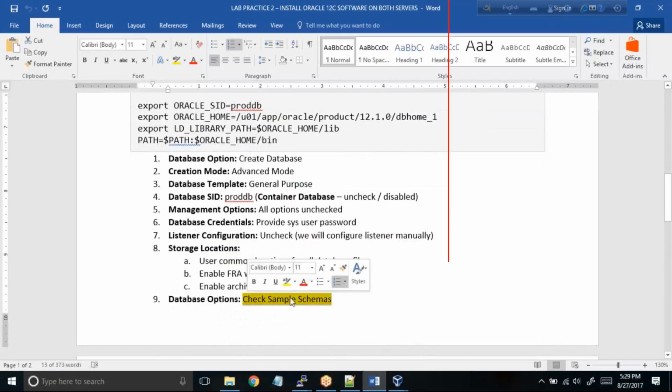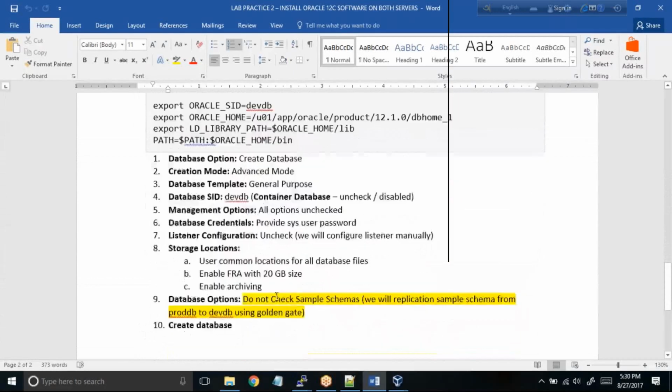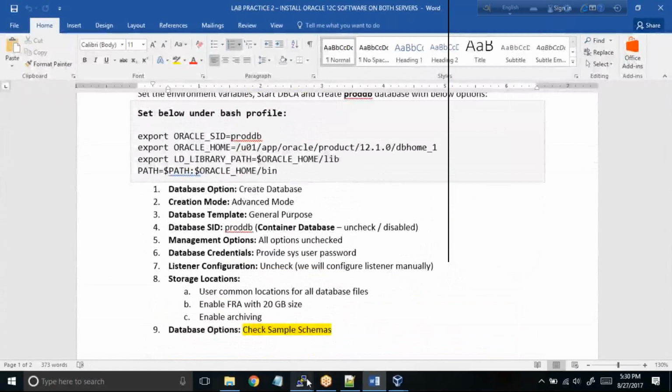Now one option you need to make sure is that you create sample schemas on the prod_db, because later on in the course we'll be replicating the schema. Like we have the HR schema, right? We'll use goldengate to replicate the HR schema later on. So only on the prod we'll be creating the sample schemas. And if you look at the devdb, we are not going to create any sample schemas. Do not check the sample schema option over here. So let us start with prod first,